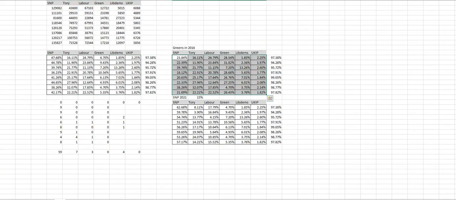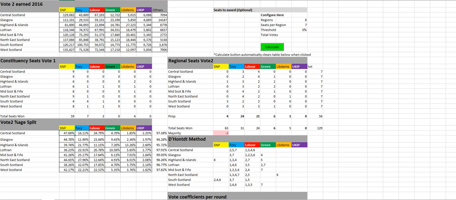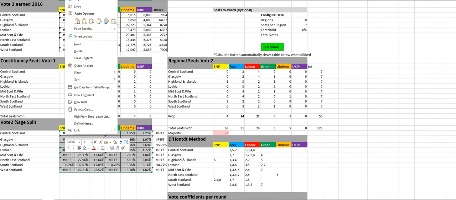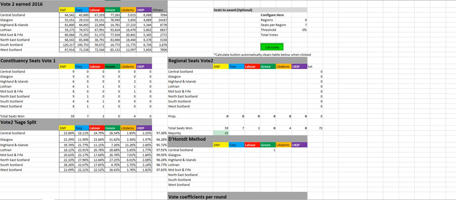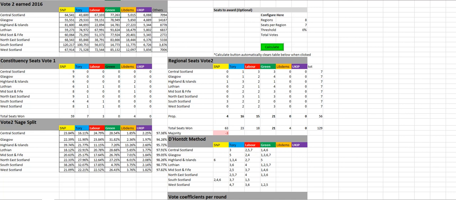I've quickly got the percentages that I can knock over. These percentages that I'm pasting on here represent 50% of the SNP voters having voted Green for vote 2 on the ballot paper. Okay, what could have happened there then? Well, I'll do the calculating. Let's have a look. There isn't a big difference in terms of the SNP,